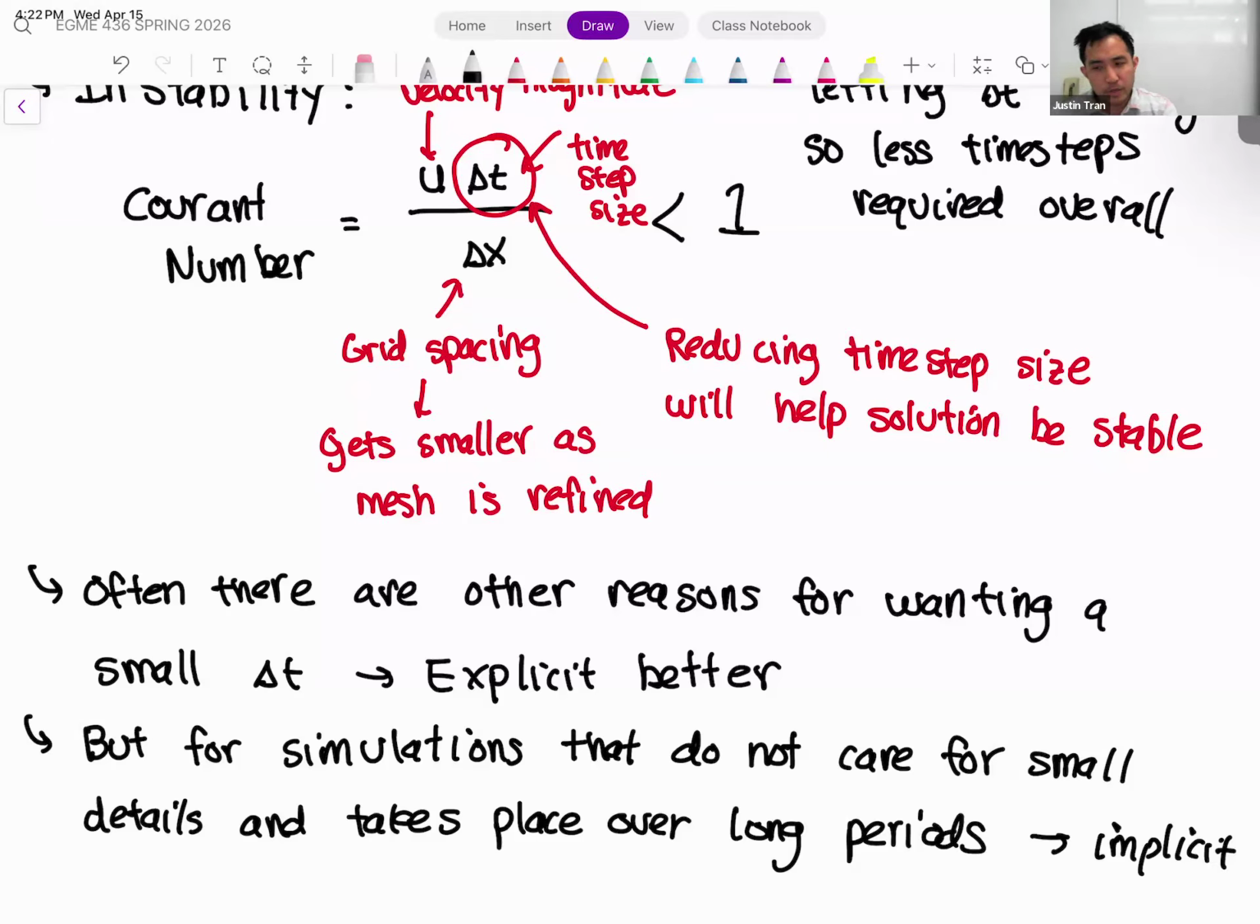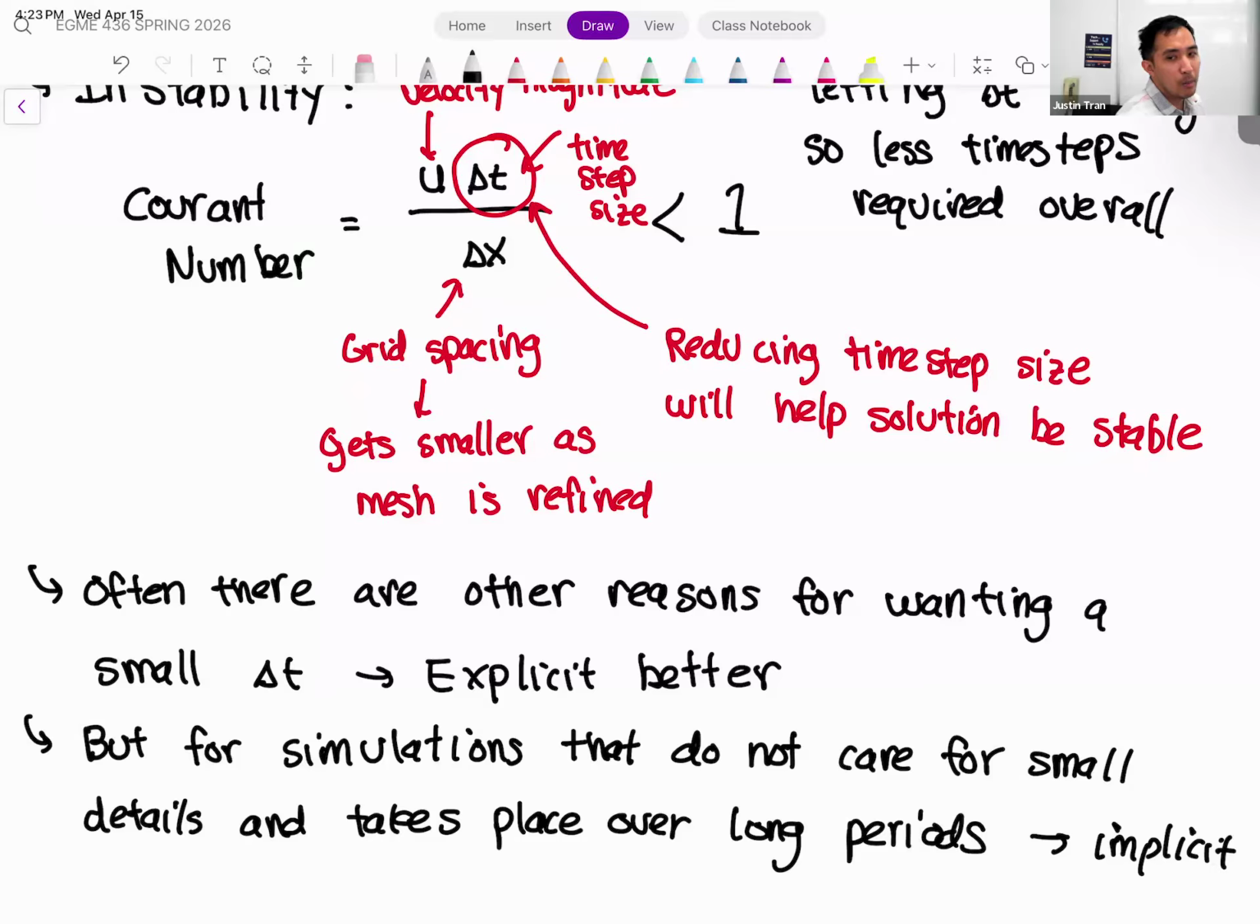One application for that could be weather modeling. With weather modeling, oftentimes you're interested in the bulk movement of large weather systems that are going to travel over long distances over long periods of time. So you're looking at a simulation that takes place between like 8 a.m. and noon, right? And if you did an explicit method for that,